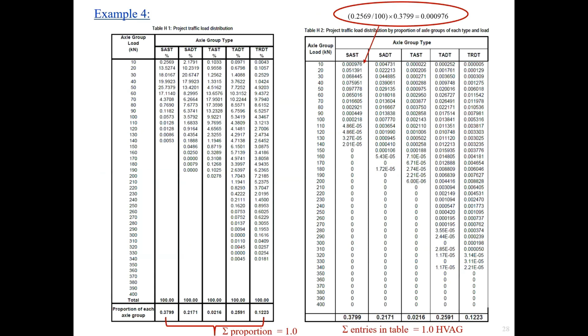The left is the project traffic load distribution table. The first column is the magnitude of axle group load. The other columns are the percentage of each axle group type for different axle group load. The total proportion of each axle group is 1. The red table is the project traffic load distribution by proportion of axle groups of each type and load. For example, the project traffic load for axle group of 10 kilonewton and axle group type of SAST is calculated as